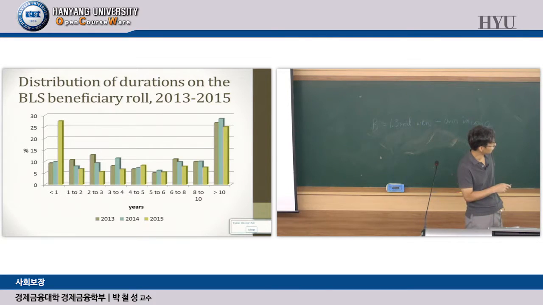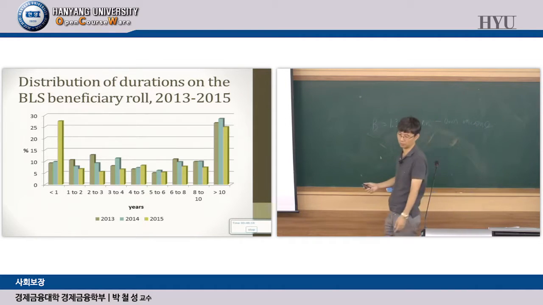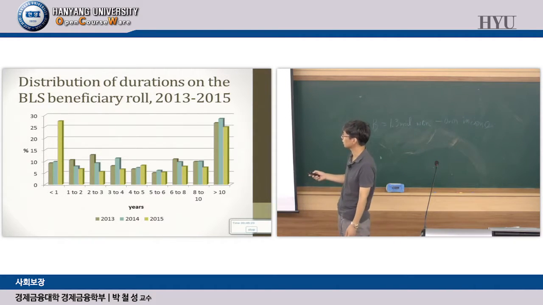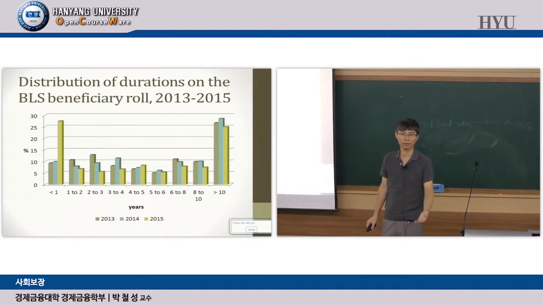So what it is that it's kind of bimodal in a sense that a large proportion of households are either very short-term or long-term. Relatively, like 4 to 6 years is a small percentage. So it's either like 1 to 3 years or like 7 or more years. Okay? It's a bimodal distribution. I think it's very common in most countries, welfare recipients. It's either very temporary or very long-term.